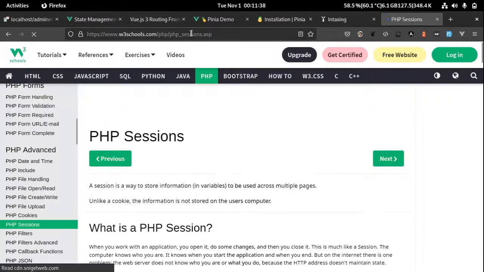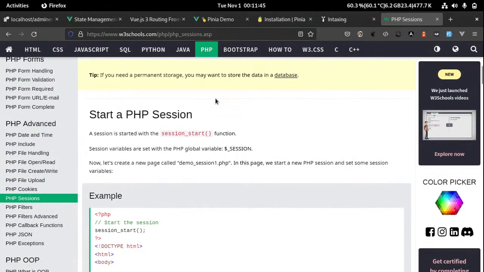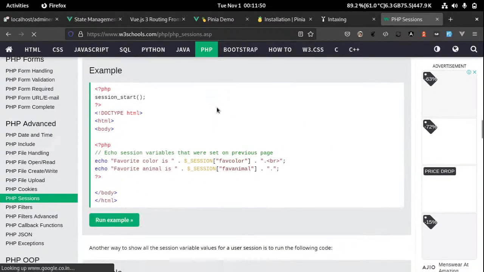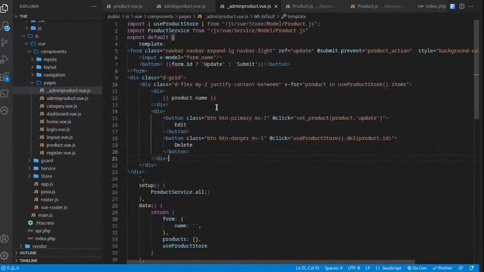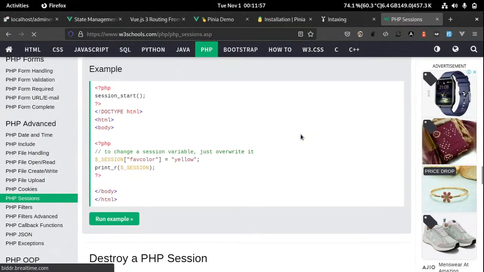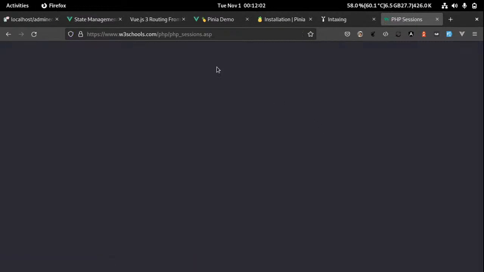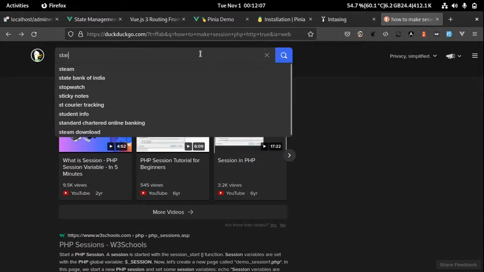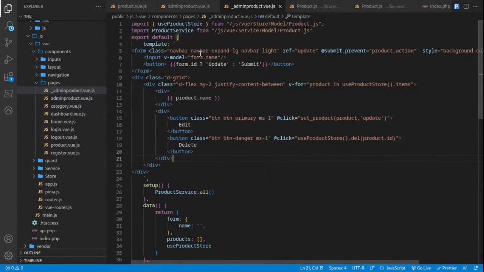PHP session ASP. This is kind of like, why? This is kind of like cool, I will say that. There's a session and start session with the start session with the